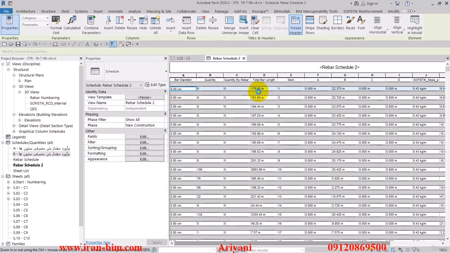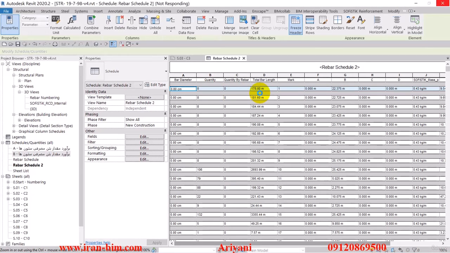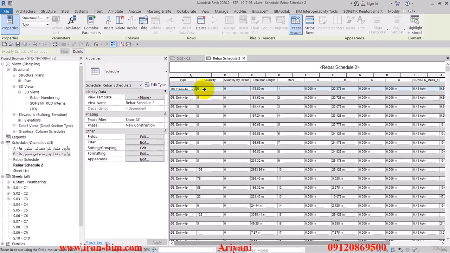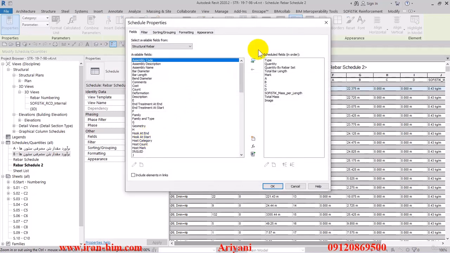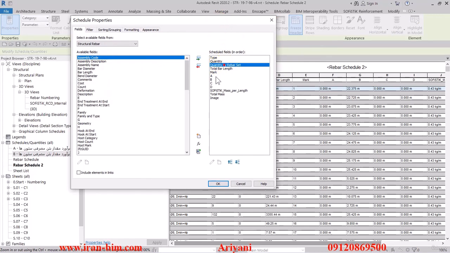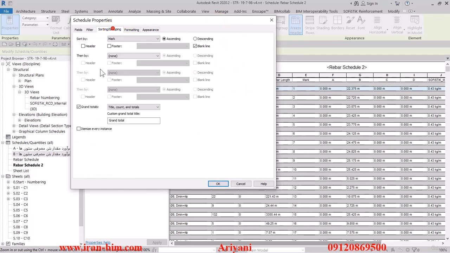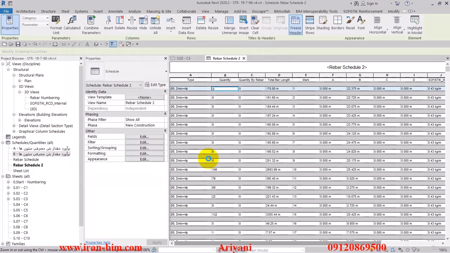Now it says we have 8 of these and the total bar length is 178 meters. So now we need to calculate how we can get 178 meters out of 8 rebars. Let's see exactly what we have here. So we'll go over to the Fields tab and select the quantity by rebar set and delete it. Then we'll go over to the Sorting tab and uncheck the grand total box and check the Itemize every instance